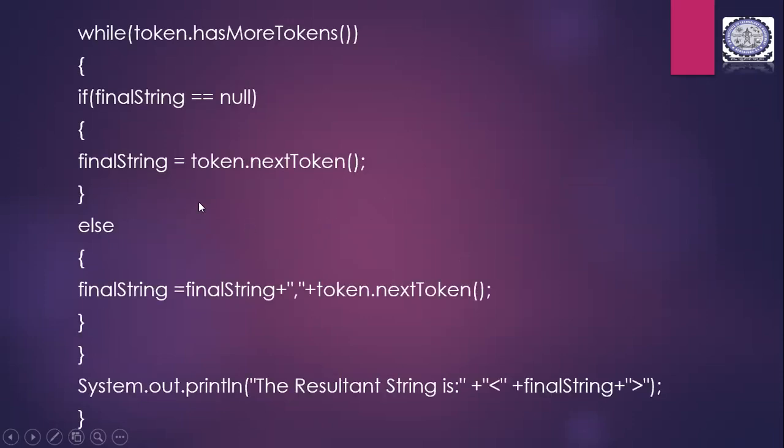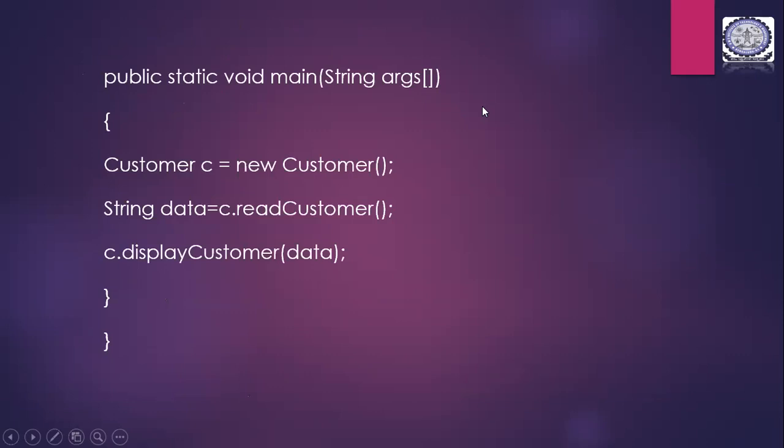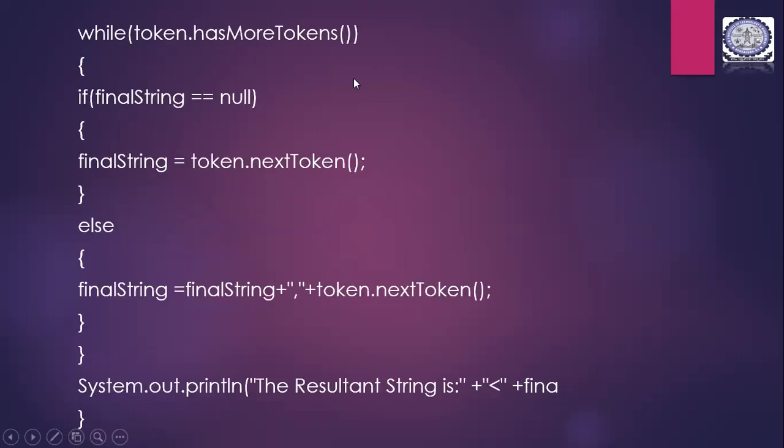So when it says that this is an infinite loop, it takes in the tokens one by one that belong to the token object. So it says that until it is equal to null, we will be taking in the next token for the final string. So each token will be added to the final string. So if it is equal to null, then you will jump to this, and the entire final string will be taken. Okay. So after the final string, you will be giving the comma here, and the next token will be displayed.